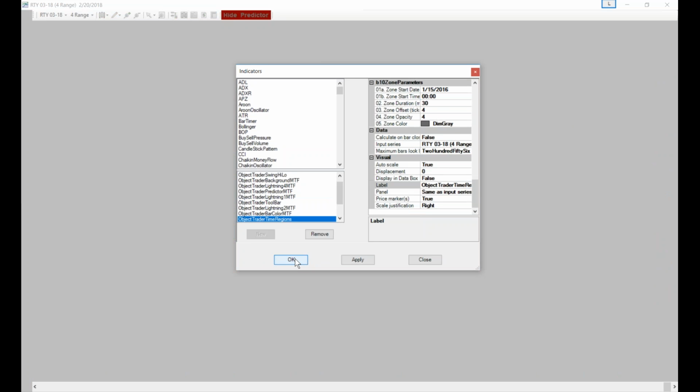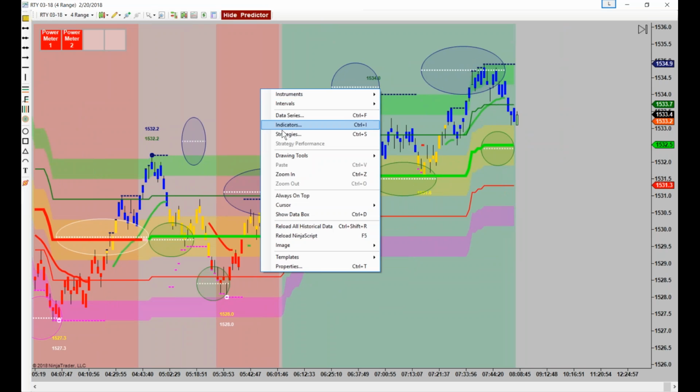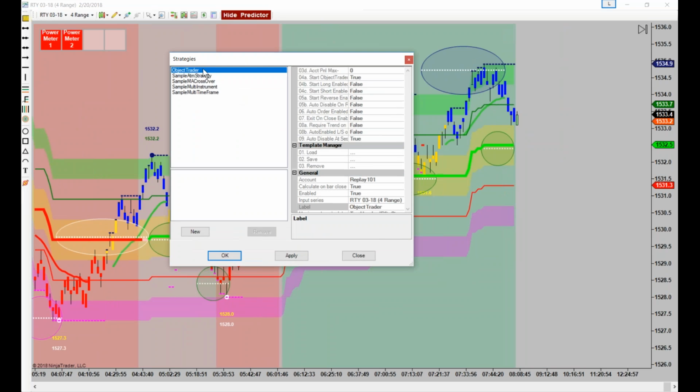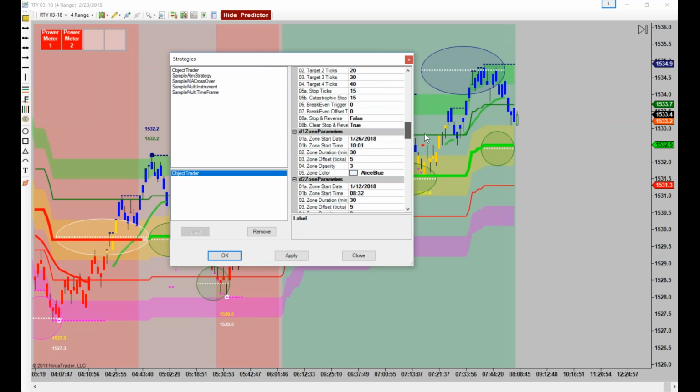So what you want to do the trade, hopefully I don't have too many days on that. There we go. All right, let's go to the strategy. Put the strategy on the chart. Be sure that it's black up here so that you can change things. And what you want to do is go to these zones. The first zone is right underneath this parameter area. See where it says target stop parameters and then zone parameters?